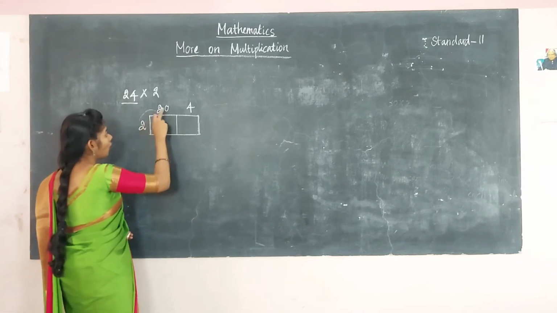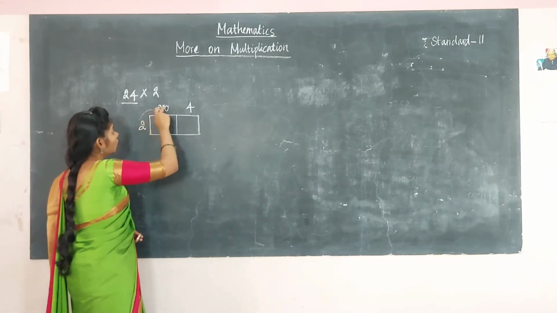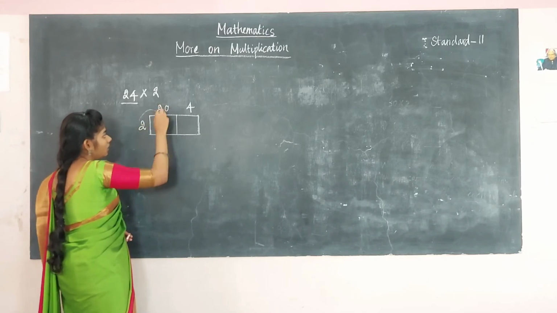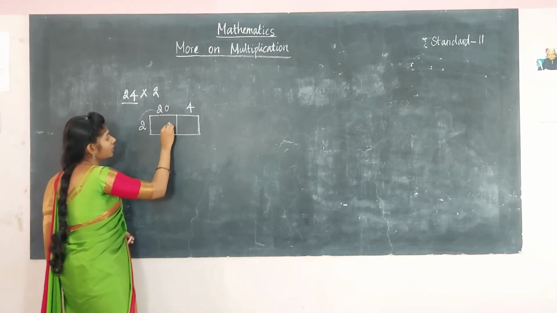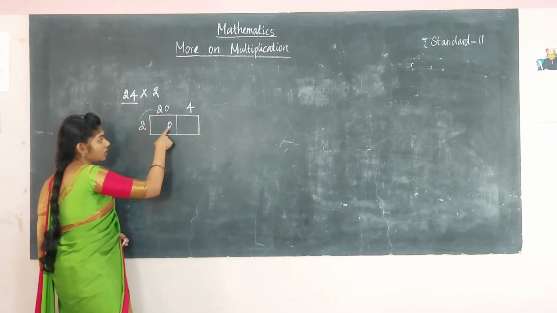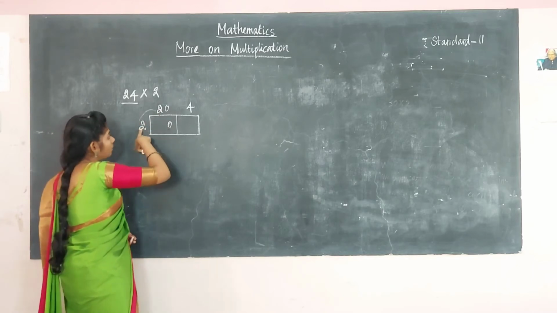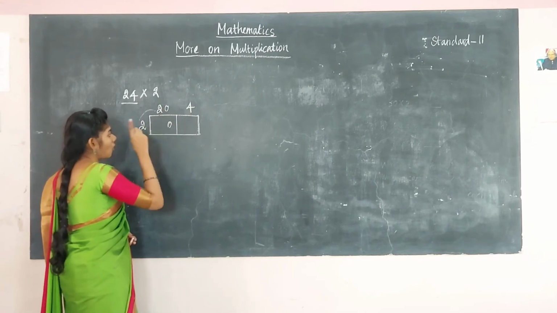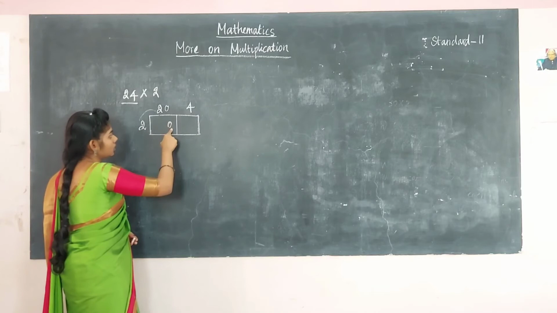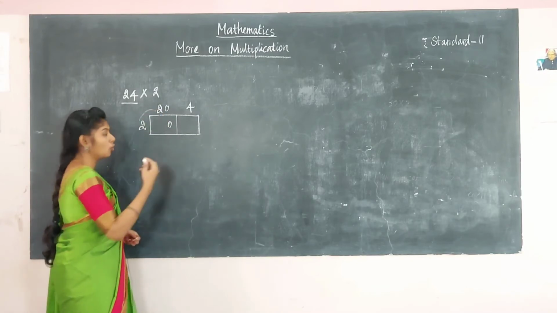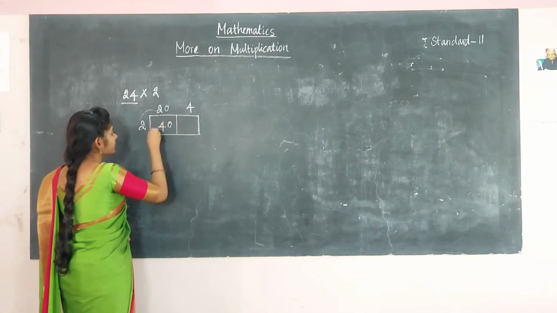Here 2 into 20 is 40. First multiply the numbers and then write the 0, or write the 0 in the last place first. Multiply these two numbers and write the answer here, and multiply 2 and 4 and write it here. So 2 20s are 40, I said. So write the 0 in the last place and multiply the other numbers: 2 into 2 is 4. So it is easy for you, no?